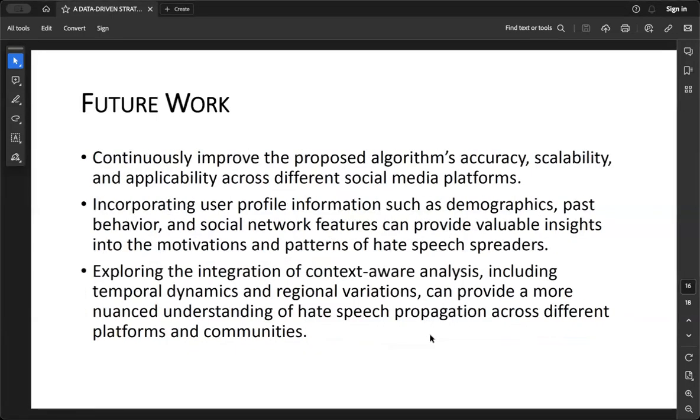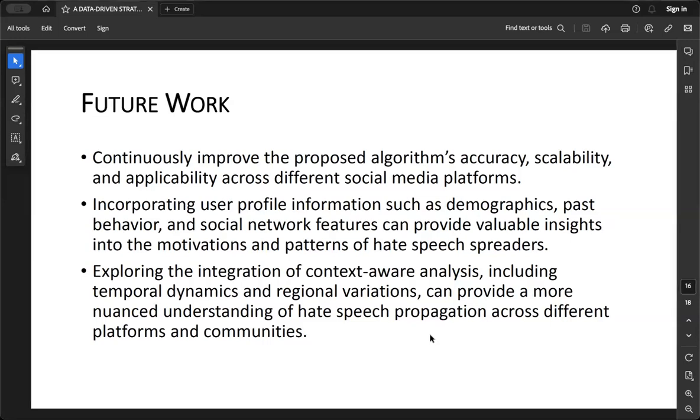One of the most important things that we realized was we had to constantly improve the proposed algorithm's accuracy and scalability, because we only worked with 3 graphs and 2 of which were very small in nature. So we would want to experiment with larger graphs as well to see how well our strategies perform there. The second one was, of course, we only used the fact that a user was making hate speech and then using that as the starting point to come up with ranks and the network structure, which gave us the implementation of the modified PageRank algorithm.